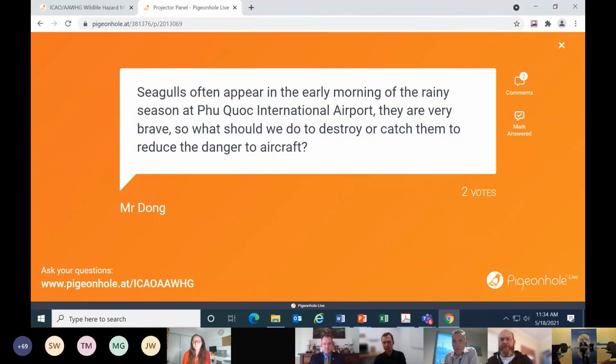I might just briefly add something from a wildlife perspective, and then I can throw to you, Tony, if that's all right. But exactly right, Colleen. I think the two fundamentals there are creating, within the airport where you can control, a negative zone for them. So that's looking at altering their behaviour and making that site as unattractive as possible to them. So looking at why they're potentially attracted to the site and seeing if you can reduce that attractiveness. But then also, if you can't reduce that attractiveness, which you may or may not be able to, it's really looking to